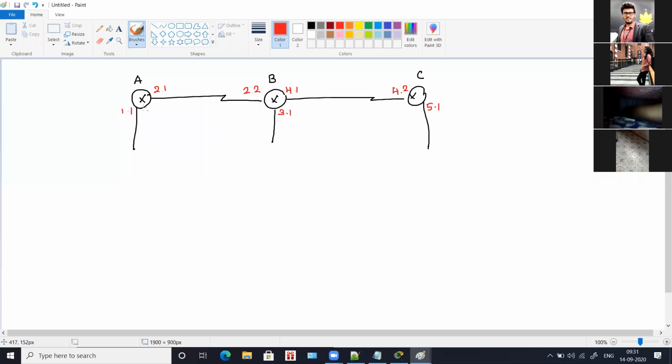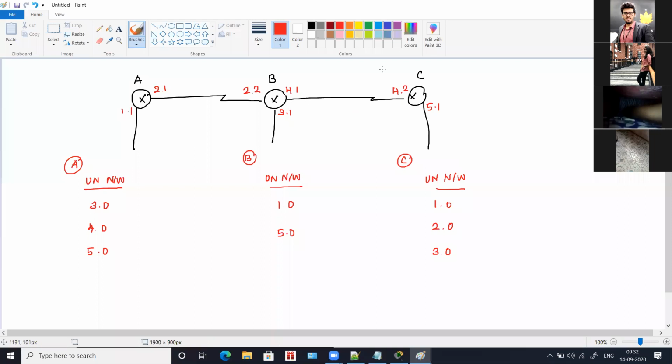Now for router A, the unknown networks are 3.0, 4.0 and 5.0. For router B, the unknown networks are 1.0 and 5.0. And for router C, the unknown networks are 1.0, 2.0 and 3.0. This we know.